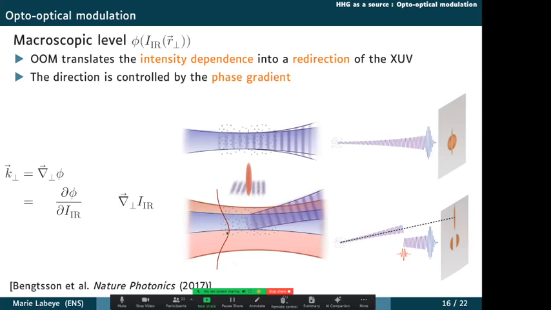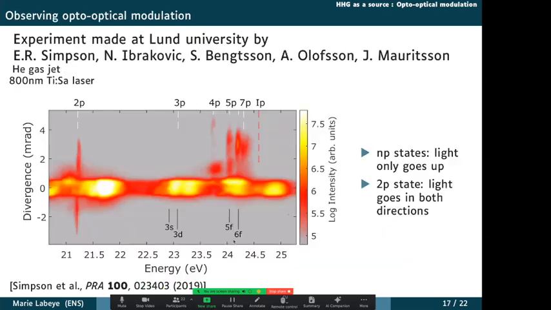And therefore, the phase of the states, the AC Stark shift, will be different depending on where they sit in the gas. Therefore, the phase that will get accumulated, the phase of the FID, the free induction decay tail, will be different depending on where they are, meaning that the wavefront will be changed. And if the wavefront is changed, the emission direction is changed. And so there is a tilt of the emission that is controlled both by the AC Stark shift and by the shape of the IR profile. And that's what they see in the experiment.